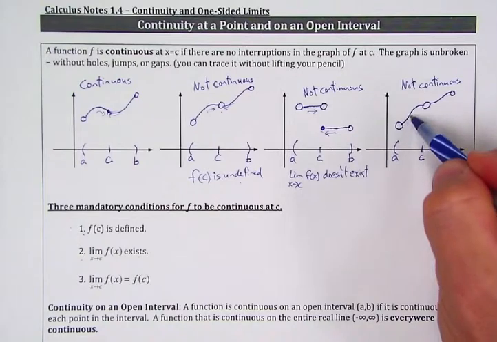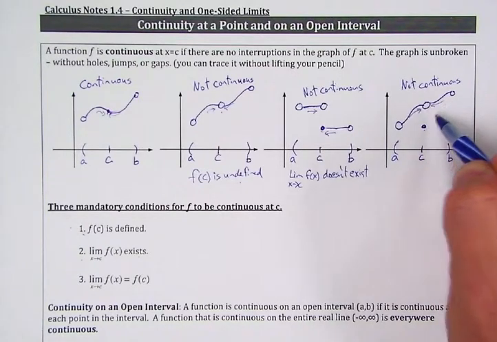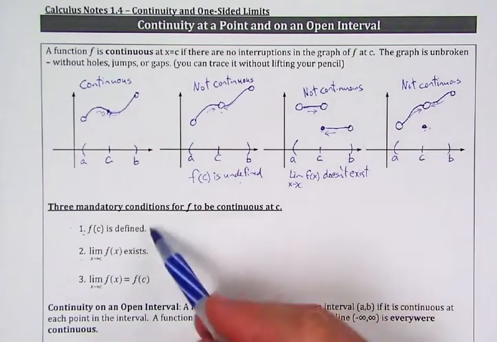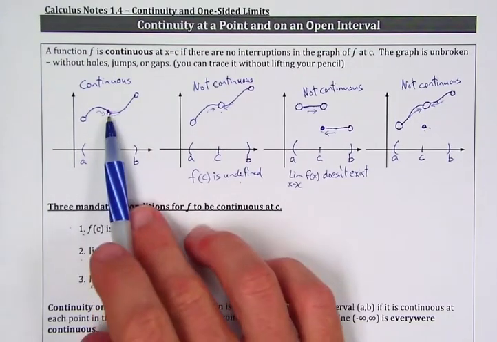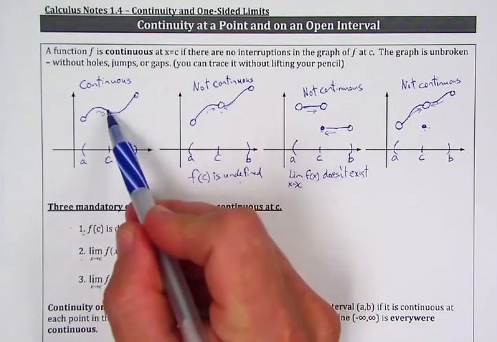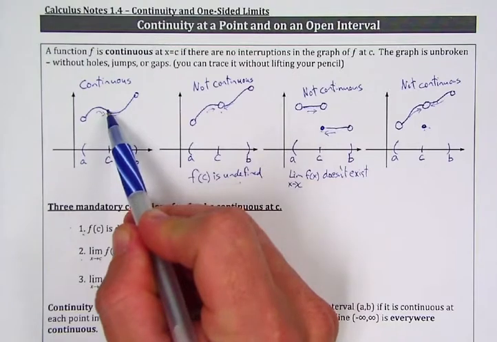In this case, our limit does exist, so this one has already met the first two criteria. But let's try the third here. It says the limit of f of x as x approaches c is f of c. So a direct substitution is going to work. If I plug c in, I'm going to get the same answer as I did for my limit,